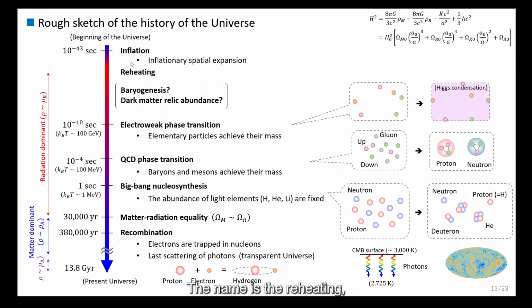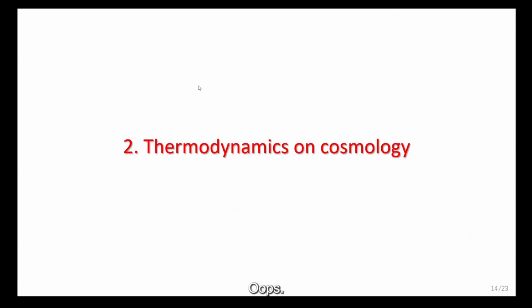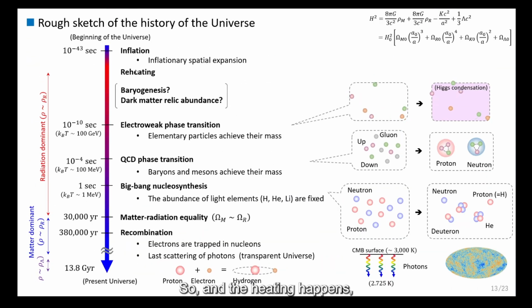reheating. The name is reheating, but this is not a second heating, just a first heating, but we call it reheating here. And the heating happens, maybe some baryogenesis or dark matter relic abundance happens around this time region, but I don't explain it here. And after that,